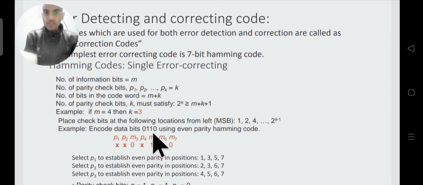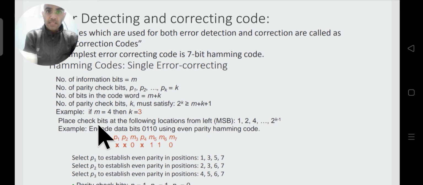So let's say the message given is 0110 and this has to be coded in a Hamming code. So how to code it using the Hamming code? The order of the bits will be like this. We have to start from the MSB, so the MSB will be our parity bit. So we have to also decide the locations of the parity bits in the code. The parity bits will come in between, and the place of the parity bits will be given by this particular formula.